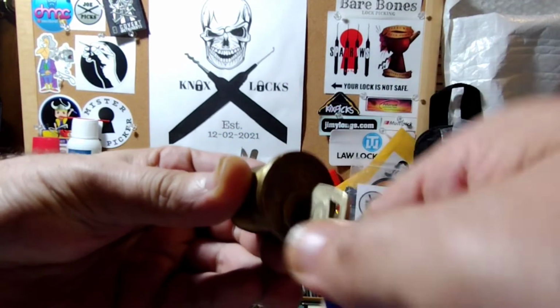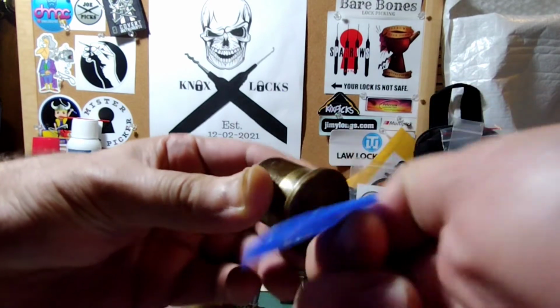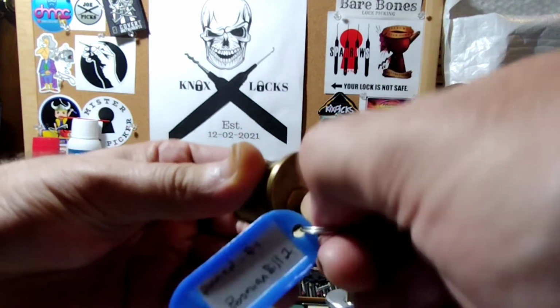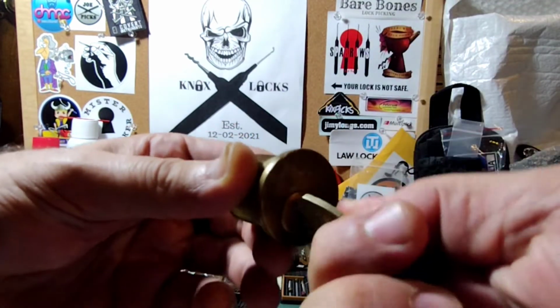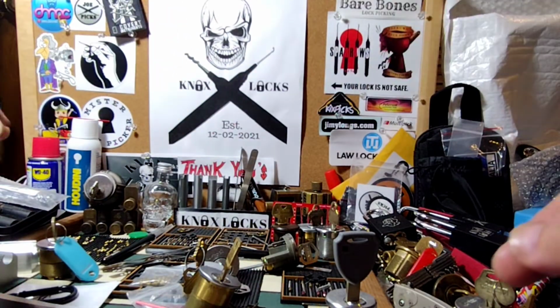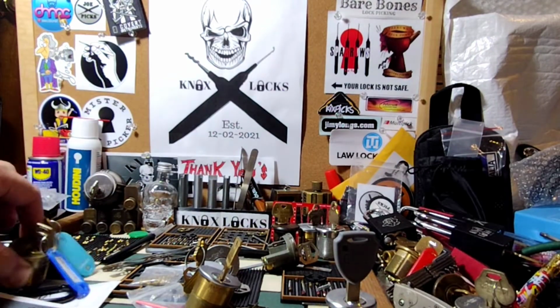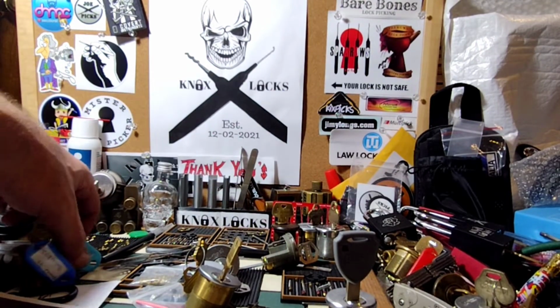Look, it doesn't even want to turn counterclockwise. Forget about it. Clockwise, you can kind of get away with it. Counterclockwise, you really have to almost force it. I don't want to do that, not too much, anyways. So that's the one supposedly by Bosnian Bill, and then this is through supposedly Bosnian Bill